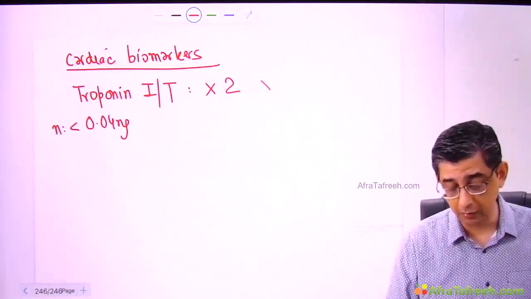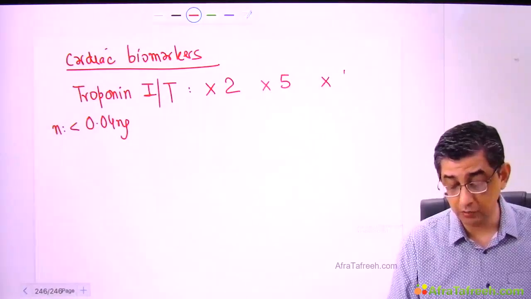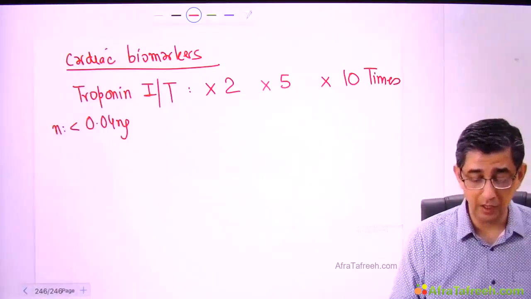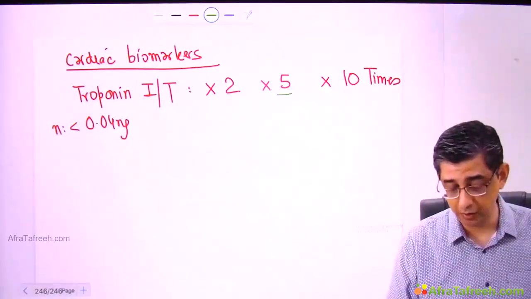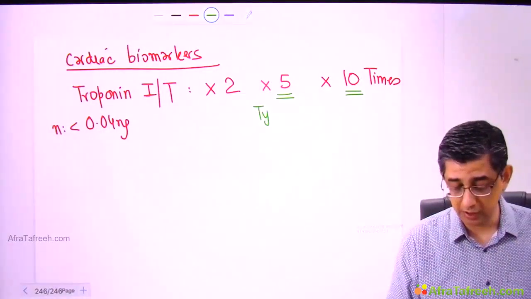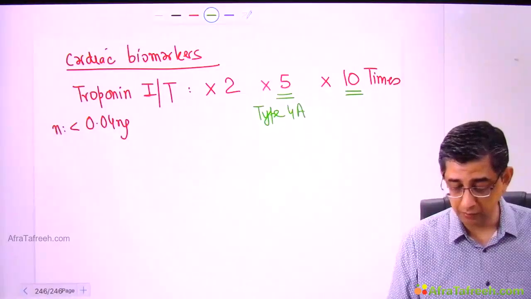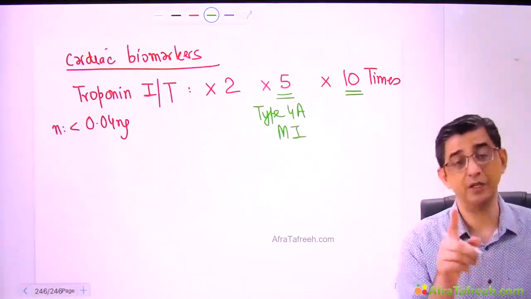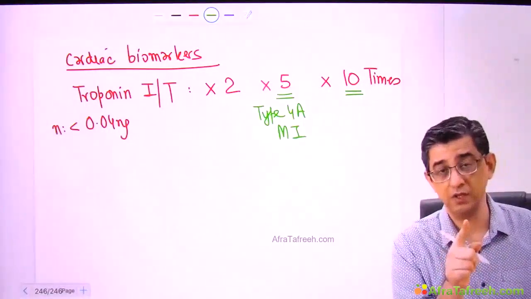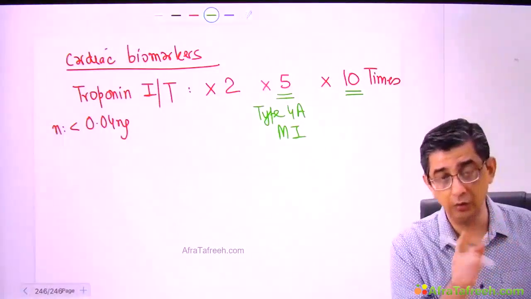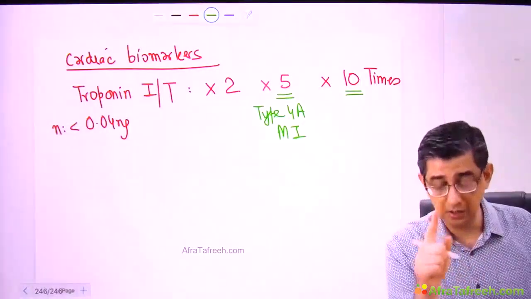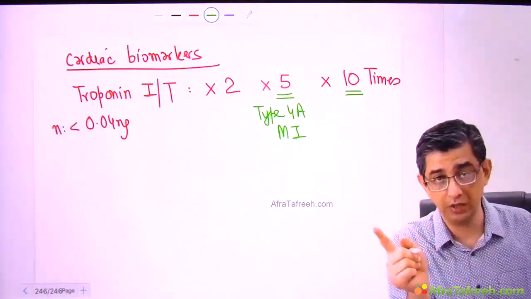You can also have a tripling, a 5 times elevation, you can even have a 10 times elevation of normal. That's definitely a cause of concern. And in fact, from the exam perspective, there are 2 very important questions. One, if he says up to 5 times elevation can be seen with, your answer will be type 4A myocardial infarction. And this I described when I was describing PCI and stenting for a person having single vessel disease. So you can go back in the lecture and have a look at treatment of chronic stable angina. When I described single vessel disease, that is where type 4A MI came into the picture.